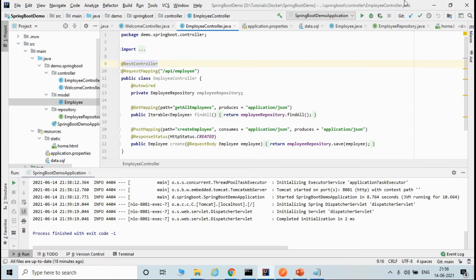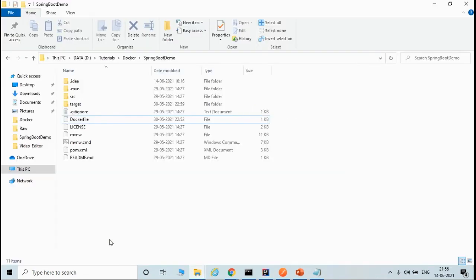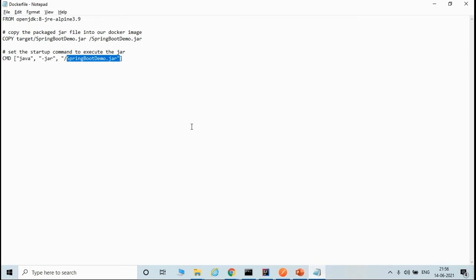So this is the IntelliJ IDE, and I have stopped the application. Now let's go to the project folder, and in this folder you'll find a Dockerfile. If you open that, you will find that there are three lines. The lines containing the hash are the commented lines. So basically there are only three commands: FROM, COPY and CMD. The FROM command is to pull the image from the Docker registry. This is the base image, and COPY is to copy our jar file into the image at some particular location. This is the root location, and then start the application.